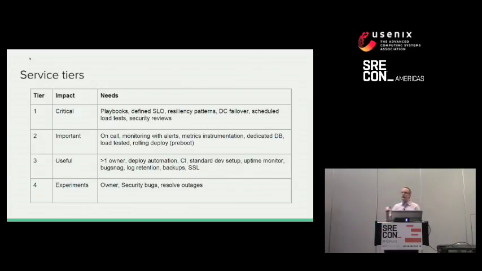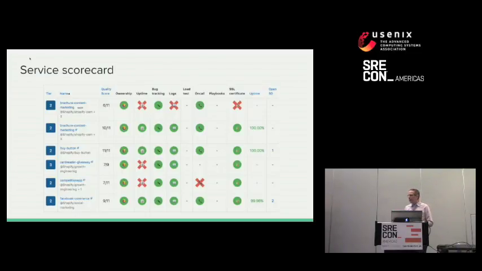So that just gives you a feel for the kinds of things we decided need to be in place for these different kinds of systems. So from that, we have all this information about the system, and we have the systems categorized into these four different tiers. From there, we can build a scorecard view. If any of you were in the LinkedIn talk, it turns out we built exactly the same thing as them. So we were able to produce these personalized scorecards for an individual or a team or an executive,